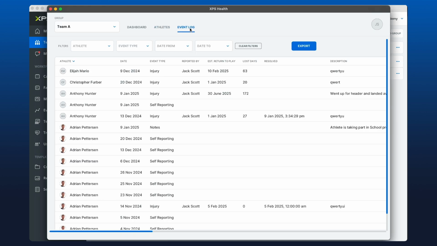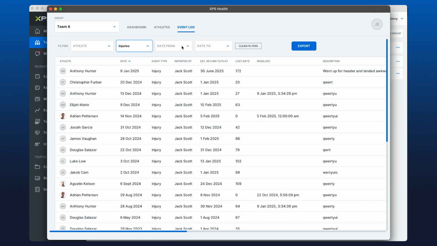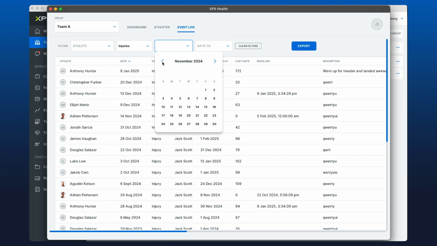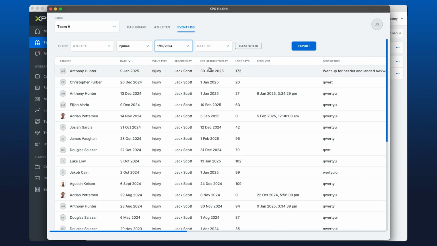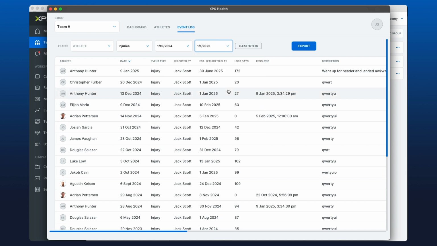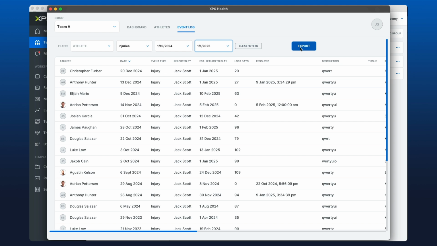Moving into the event log, if we wanted to filter and sort by any of the entries that we've made, you can do so by choosing these boxes here. So if I wanted to look at all of the injuries that we had from the last 3 months, so let's go back to October 1st until the 1st of Jan, and I press export,